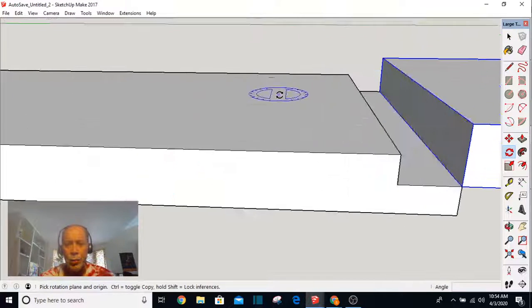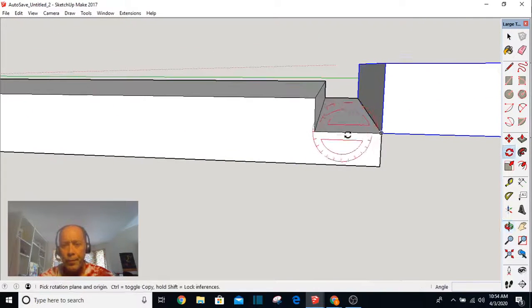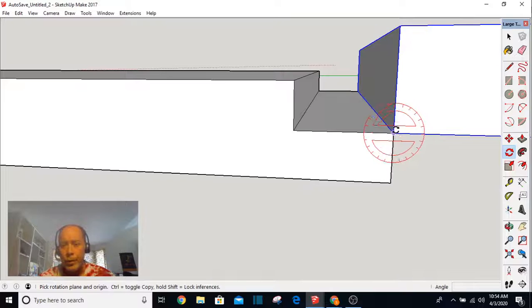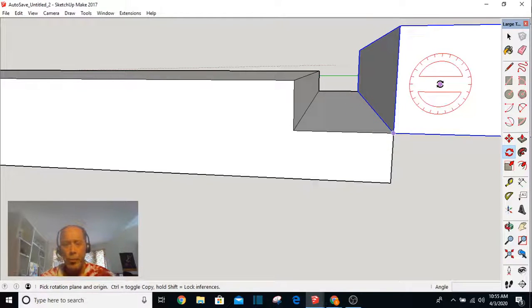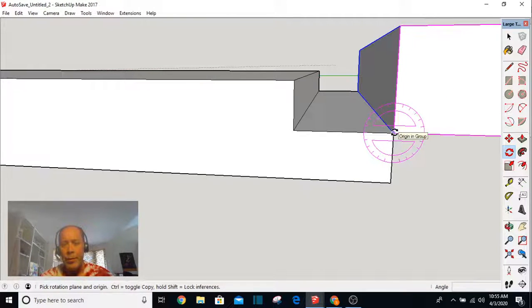Go to the rotate tool, put the rotate object here, and also notice, see how sometimes it gets like that. See how this is going to rotate in the blue direction? I don't want that. I'm trying to rotate in the red direction. And if you're having trouble getting it to stay in this red direction, you can put it here and I think hold the shift key, which causes it to stay in that